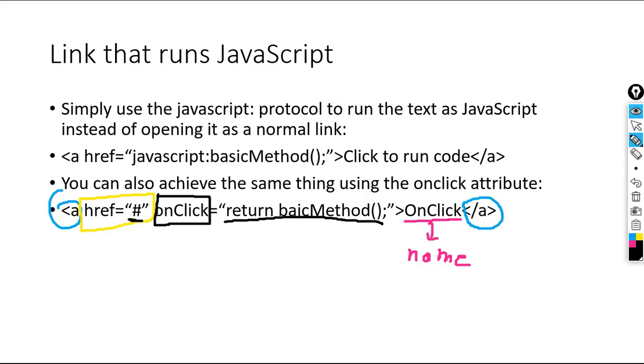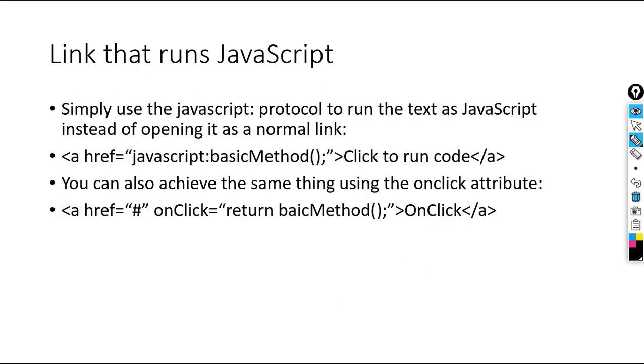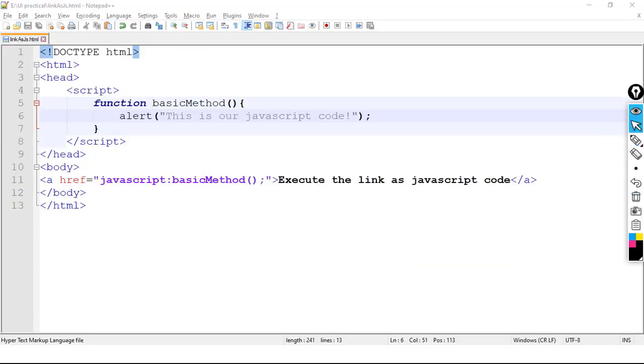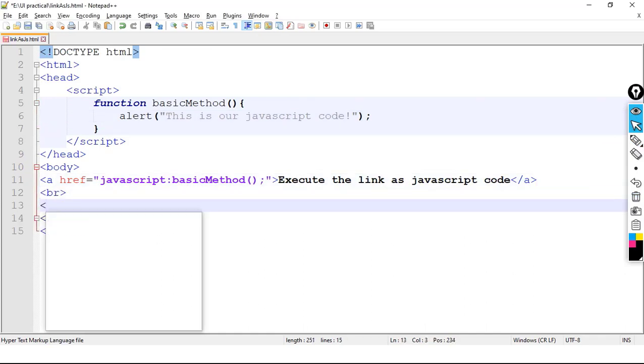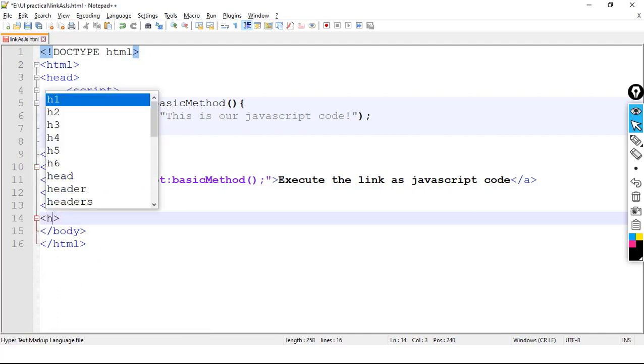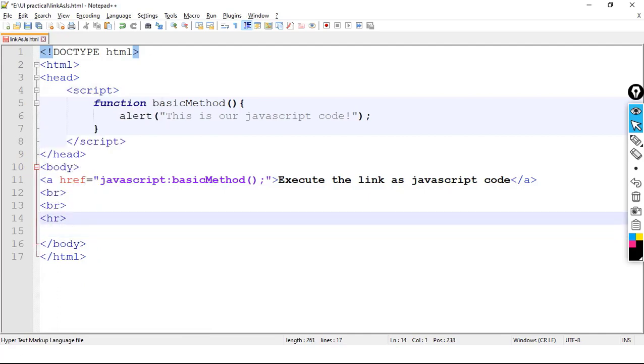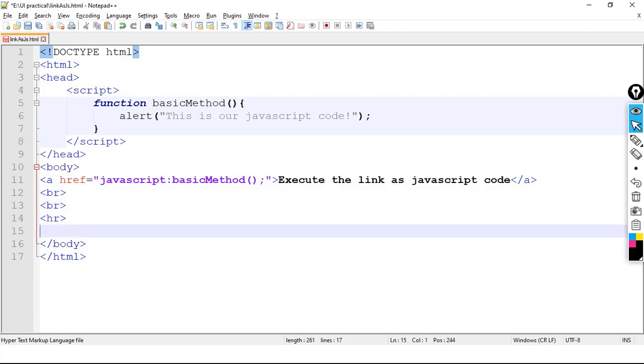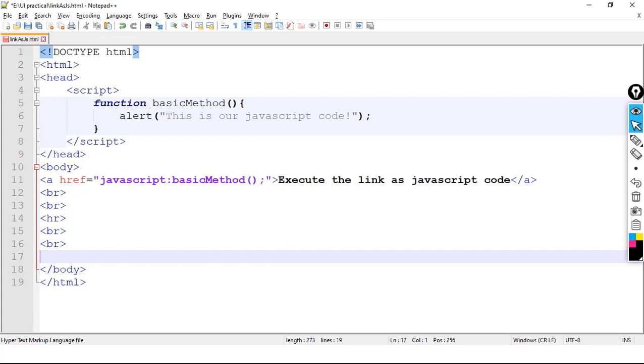So let's see one example for better understanding. I will take a br tag to represent the code properly for your better understanding, and I will take one hr tag to draw a horizontal line, so that the horizontal line will separate our previous code and current code. Now here the opening anchor tag, then the closing anchor tag, then href equals, I am keeping it empty, and then I am writing one link name.